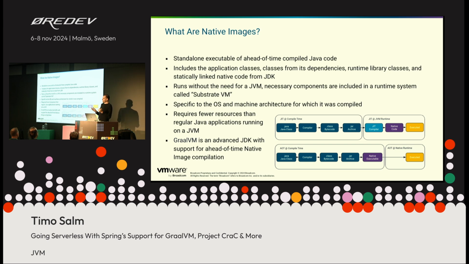So the question is, if you have a dynamic application, and most of them are using dynamic features like reflection, etc., how can I run it? At the end, if you know which kind of dynamic functionality you want to execute, for example, based on tests, etc., you can generate so-called native hints. That's just like a summary of all the methods, classes, etc. you are using, and this will help the GraalVM native compiler to put all the classes